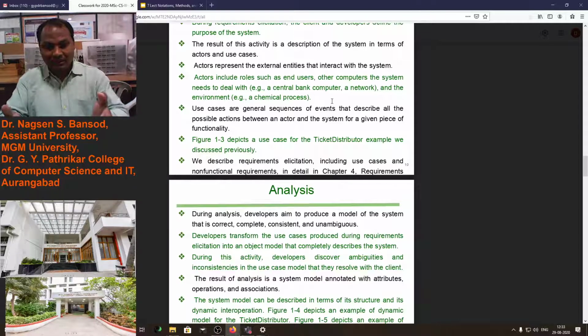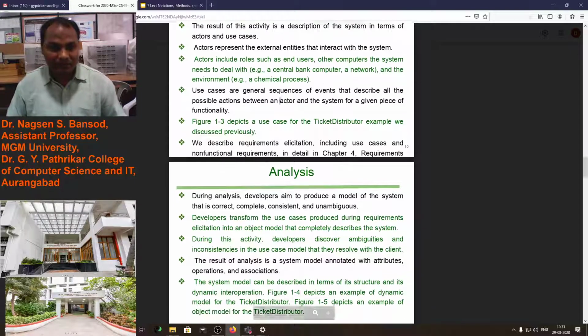Suppose I am using one computer for this lecture, and you are listening to my lecture with the help of a laptop or mobile phone, and your mobile phone and computer are connected to my computer. Then we can say there are multiple actors connected to this computer. Your mobile phone and your laptops play the role of users, like actors.